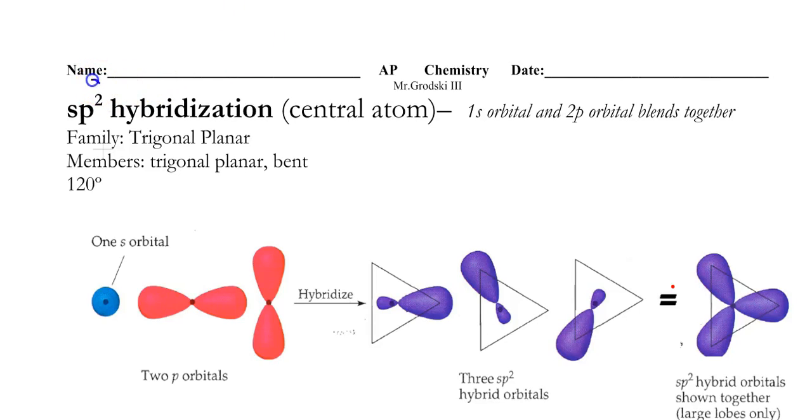sp2 hybridization, here we come, whether you like it or not. In this type of hybridization, we're talking about the central atom, of course, not atoms that are terminally bonded. So we're normally talking about an atom and two other atoms at least that are bonding alongside in some shape. In this case, we have an S mixing with two P's, and then they make three equal orbitals, and they orient themselves in a particular shape based on VSEPR